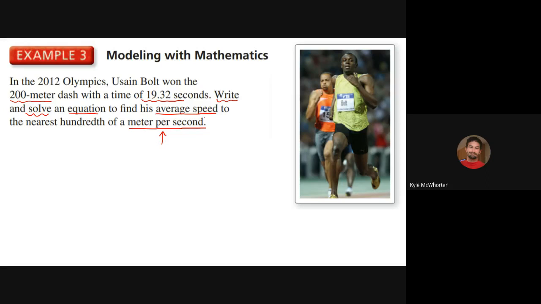Like meter per second. If you're going to put an operation in place of "per," it would be division. Meters per second is meters divided by seconds. And if we forget that, we can always remember it by using the distance equals rate times time formula. And average speed, that's the rate, right? So if we look at d equals r times t,